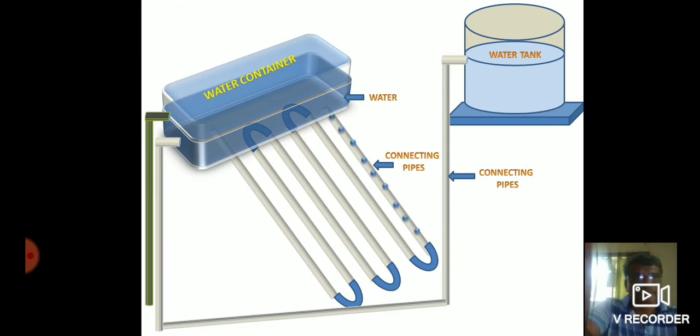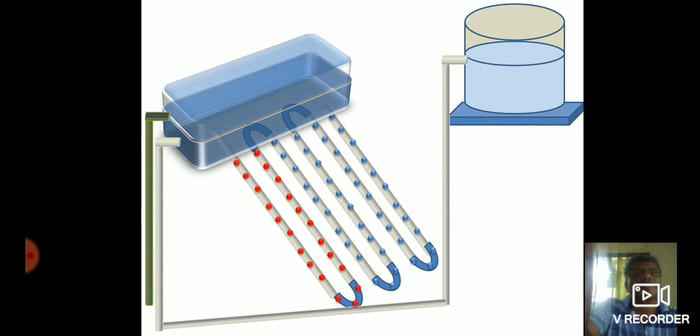Cooling water will come through this container. This water will come, and after taking heat it will be converted into heated water. The red points show that heat exchange takes place, and these red dots will be created by the heat exchange, and the container will fill with warm water.